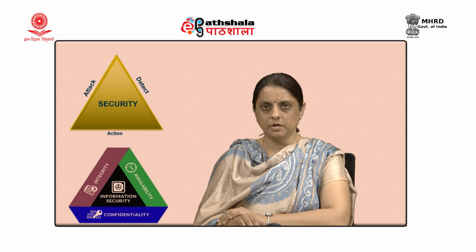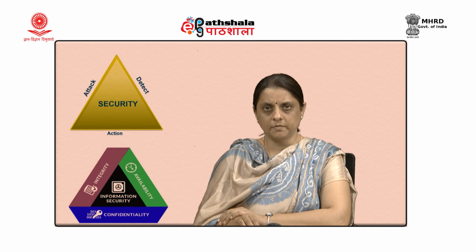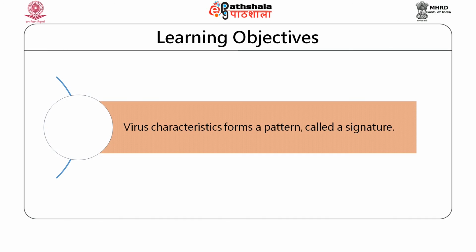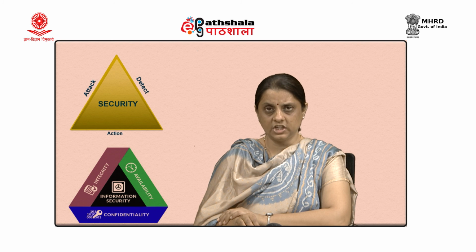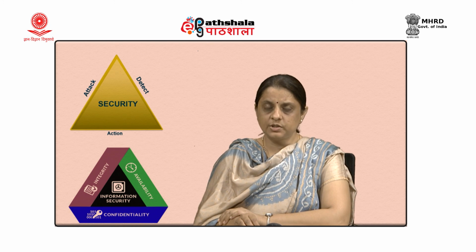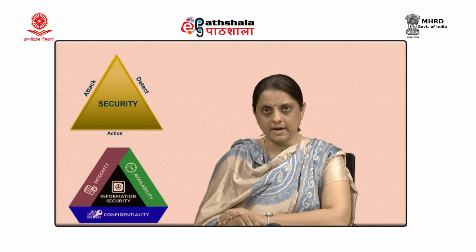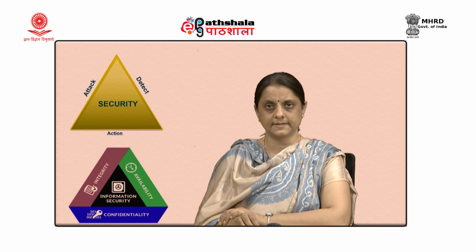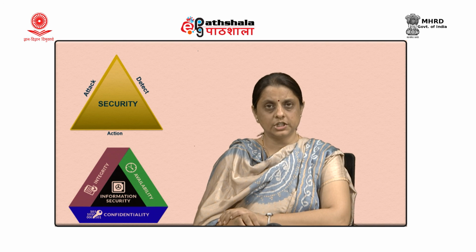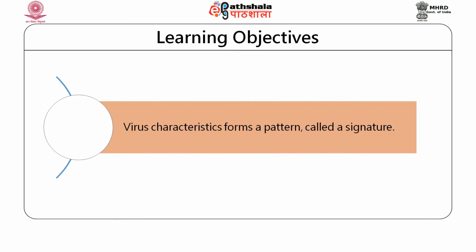In the previous module, I talked about how viruses spread and how they reside. In this module, we are going to look at the signature of the virus. Signature means the pattern the virus follows. Next we are going to see its storage pattern, its execution pattern, and then we are going to check about the brain virus. To start my discussion: what is a virus pattern?